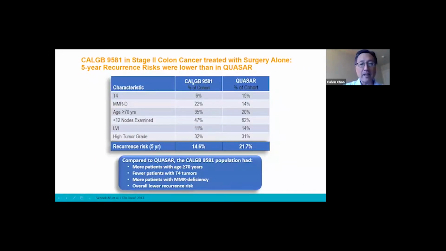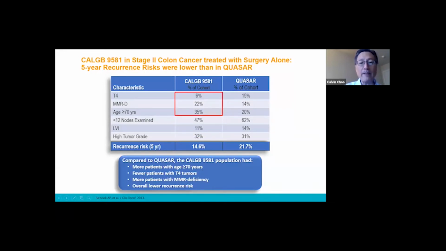In the second study, the CALGB 9581, we actually took stage 2 colon cancer patients that were generally lower risk than in QUASAR. You can see that the 5-year risks were only 14.6% compared to 21.7% in QUASAR overall. And that's because the cohort had fewer T4 stage patients and more MMR deficient patients, and perhaps more patients that were older, fewer lymph nodes, fewer patients had less than 12 lymph nodes examined, although still 47% is quite a high number. And overall, I think what we came away with is that this is a generally lower risk population,